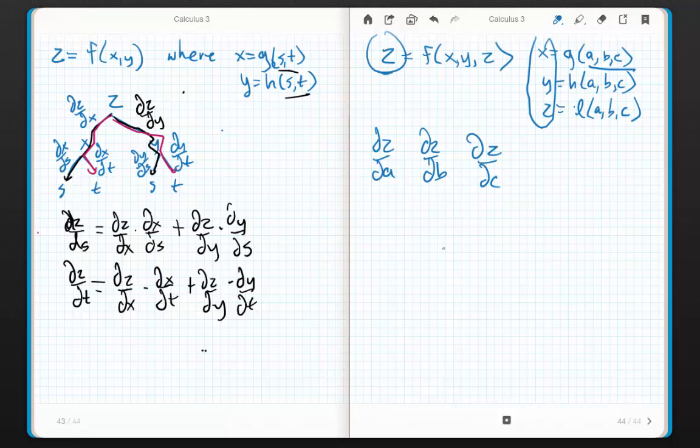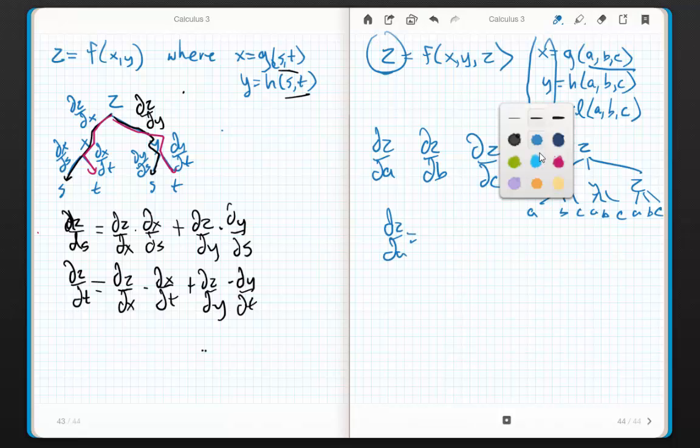One of these. So here's z, right? And then I'm going to have three of these bad boys coming off, x, y, z, and then I'm going to have three of these bad boys coming off, a, b, c, a, b, c, a, b, and c. So if I want dz over dA, yeah, I want that, right? Then I'm going to have to add three paths. That guy,